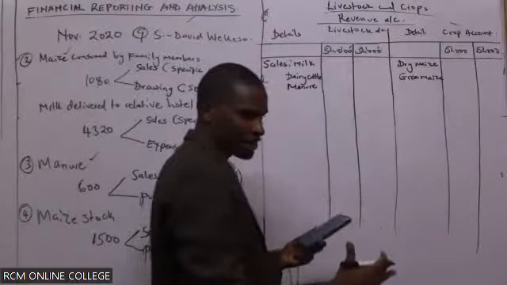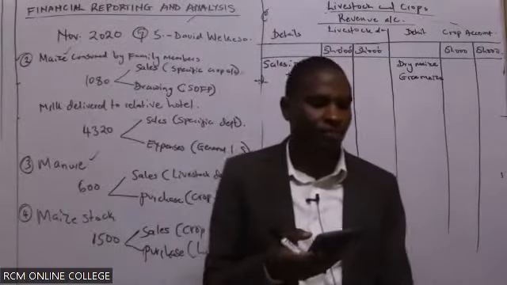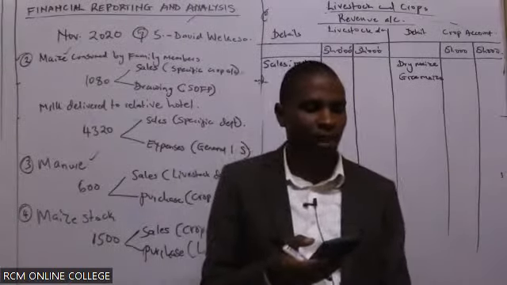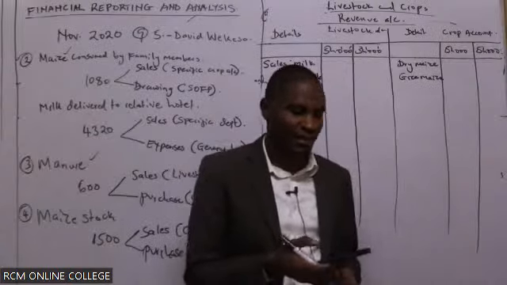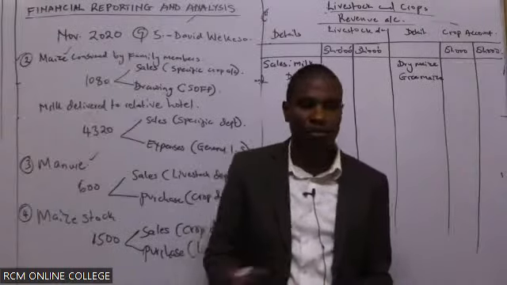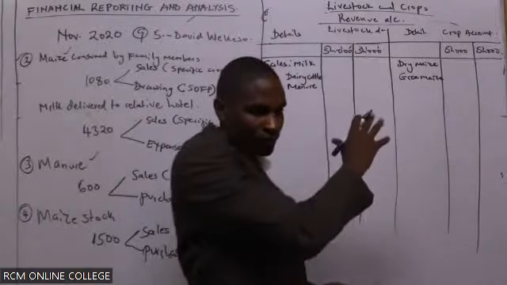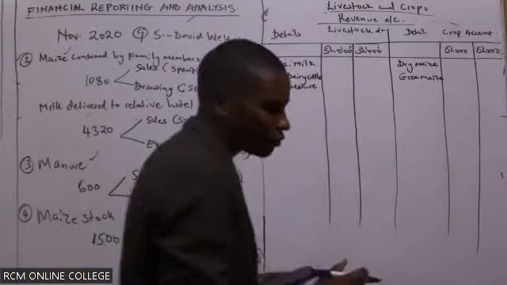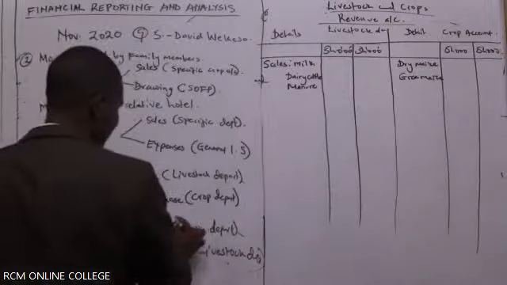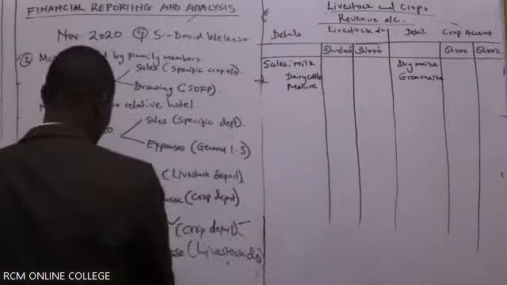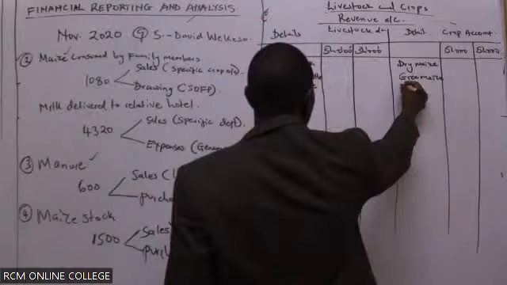Now, am I done with the sales? I want to get this from you people. Yes or no? Maggie is telling me no. Yes, it's a no because there are some adjustments for the specific accounts. Maize stock. So if I look at these, say 1500. So under my crop, niko na maize stock.